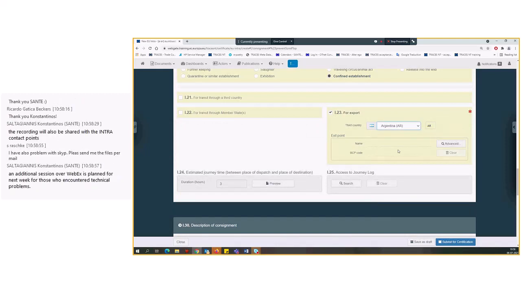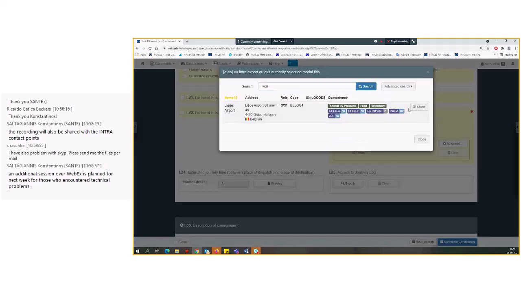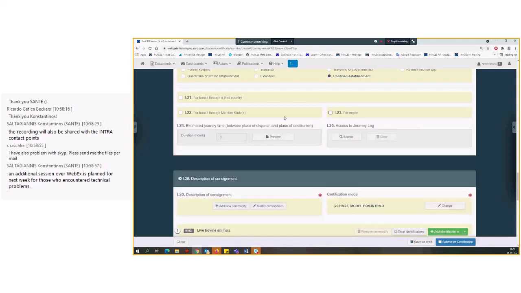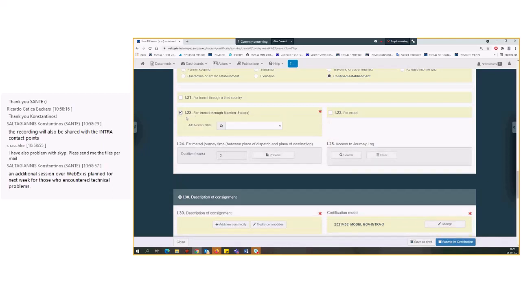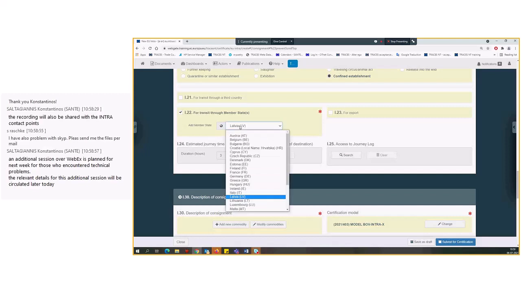If we go to Argentina and select an exit point in Belgium, for example, it will look like this. If you want to change the exit point, click on Clear. For the purpose of the training, we will use the 122 for transit through member states, and we will go